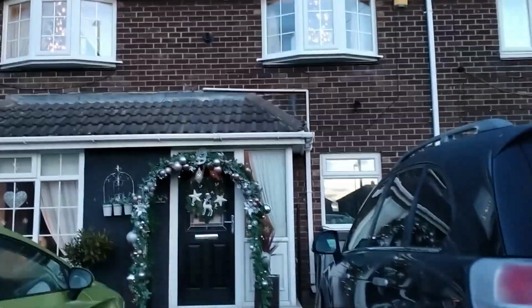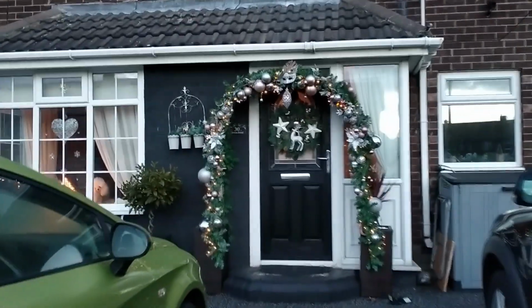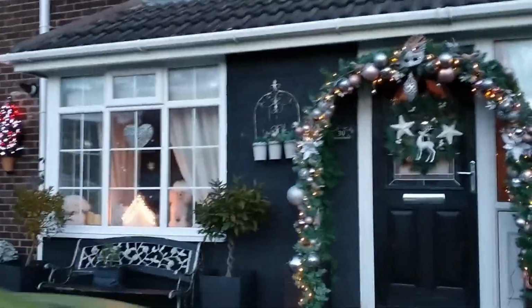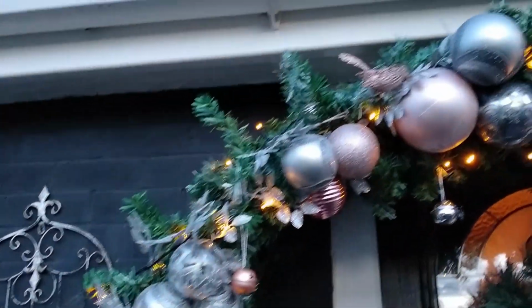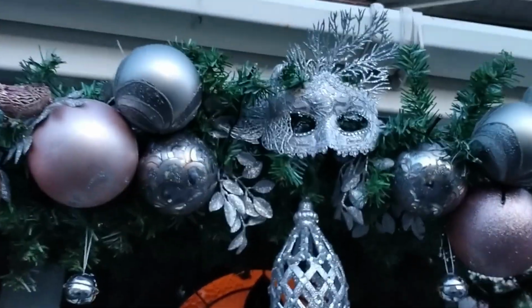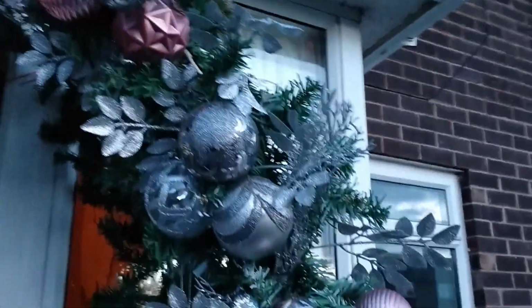Hiya, I just wanted to quickly show you this before we lose the light. So I've put the 2 Christmas trees at the bedroom windows, and downstairs I've just made an arch using a Home Bargains garden arch. It was only like £6.99, and I've put some garlands around it, and then added some Christmas decorations. I've done it in blush and silver,